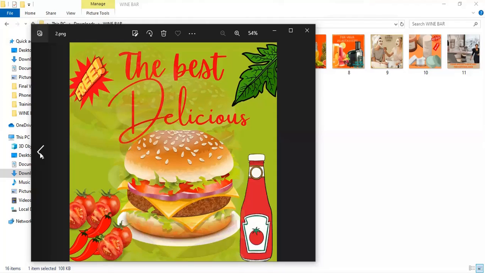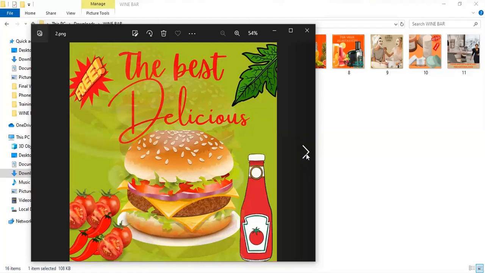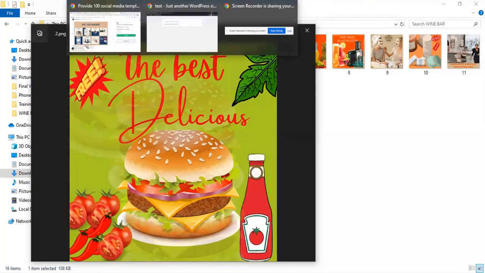I've given you the tools that you need to do all these things. It is in my Canva tools. I've shown you everything that you need to do, the tools you need to use to do all these things on Canva. And you start selling yourself. Start telling people that you can design something nice for them, social media posts for them. And that is all. You start making money from it. Okay? So let me show you